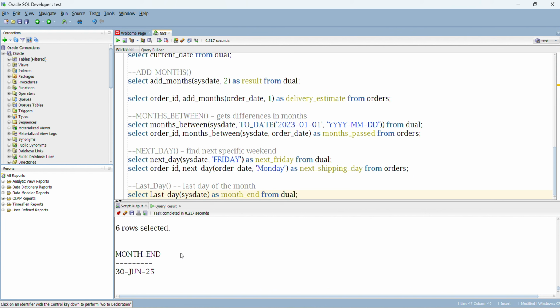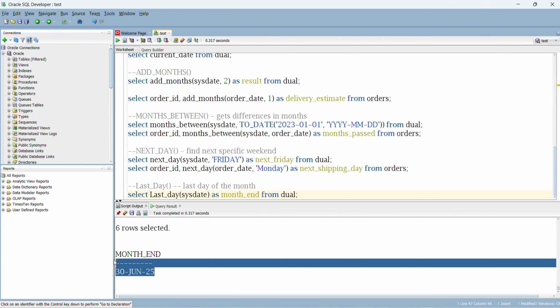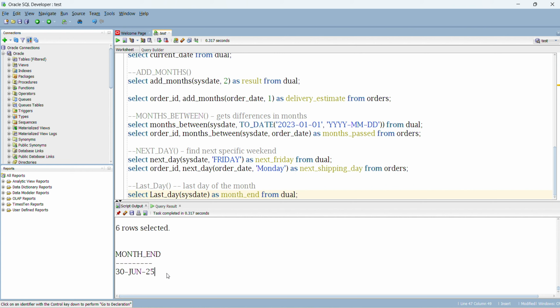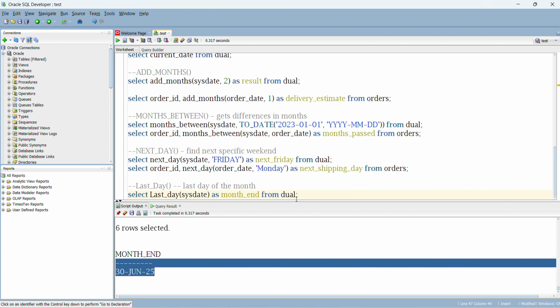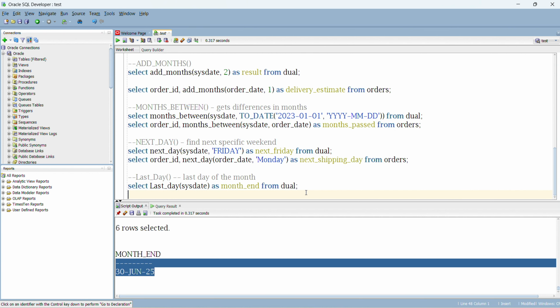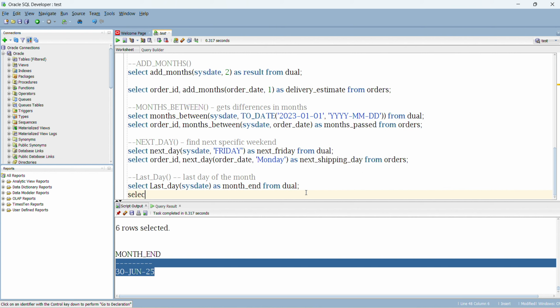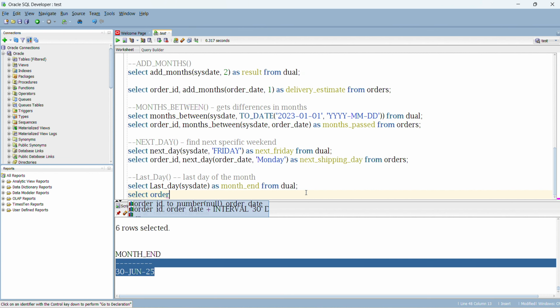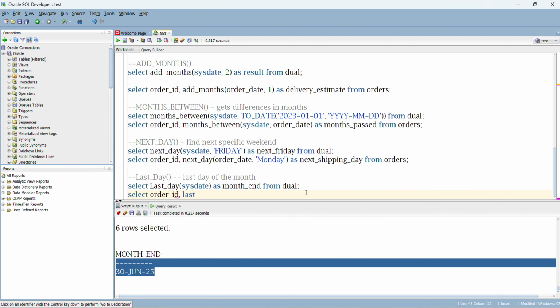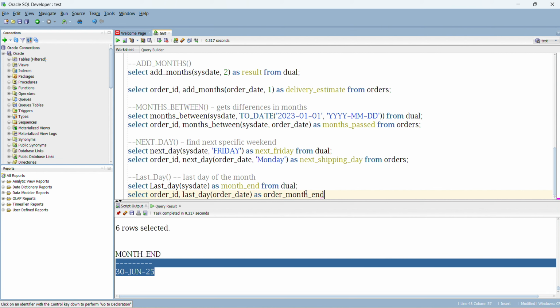today's month end, as month_end FROM dual, and let's run this. So you see, we got month end as 30th June 2025, which is the last day of our month. And let's say now we want to see the order month end in our orders table, so we can write SELECT order_id, LAST_DAY(order_date) as order_month_end